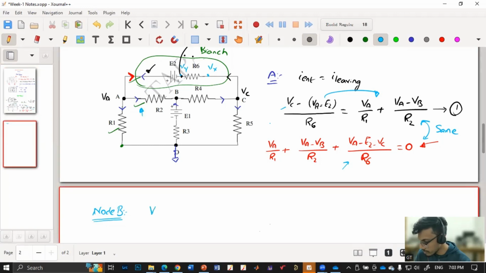VB minus VA by R2. So again, whether it is VB minus VA or VA minus VB, I have assumed VA minus VB. Yes, so I have assumed the current. I am assuming that VA is at a higher potential. So VA minus VB by R2. One current is entering and this current is also entering. So what will be this current